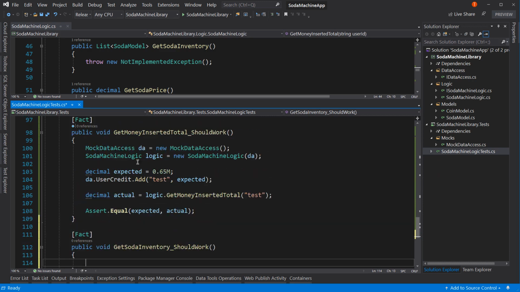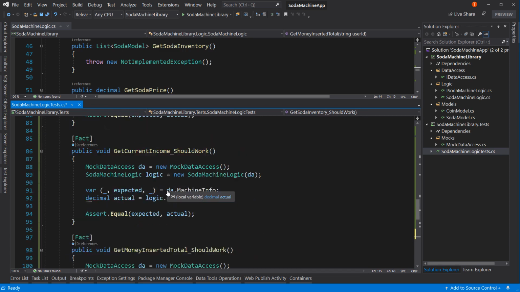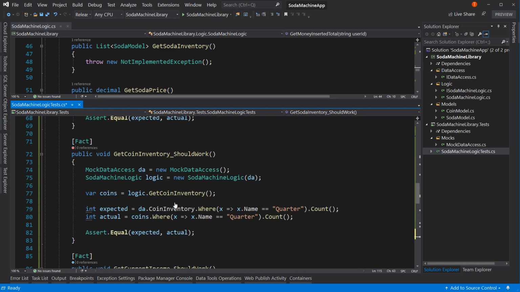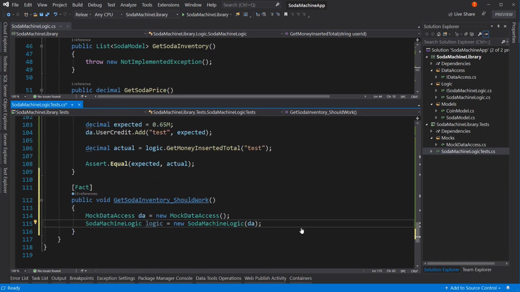And then in here, we'll take our same setup right here. And this is going to be very much like the other inventory, get the coin inventory, same kind of thing. So what we're going to do is we're going